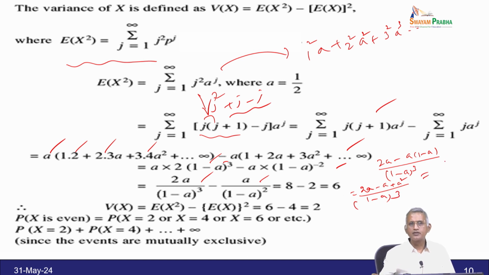So, it becomes a square plus a by 1 minus a the whole cube,